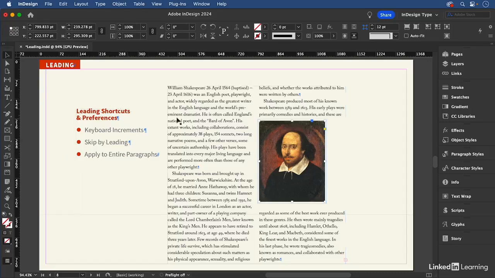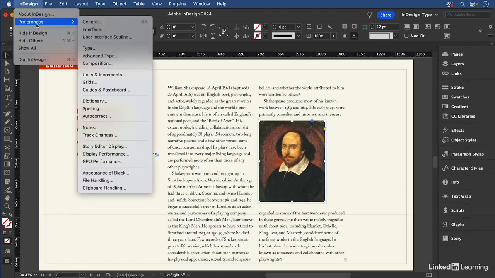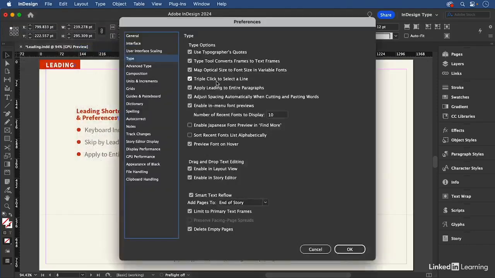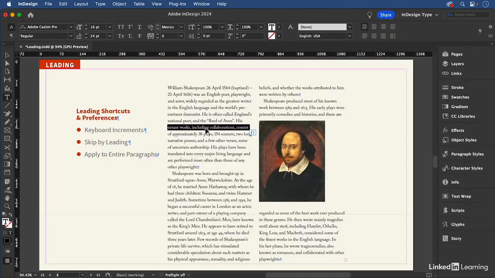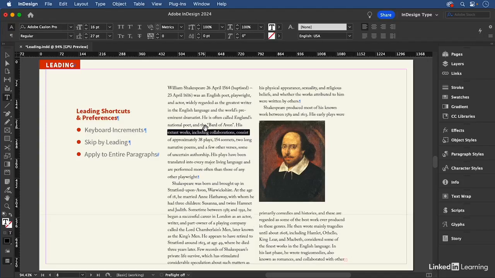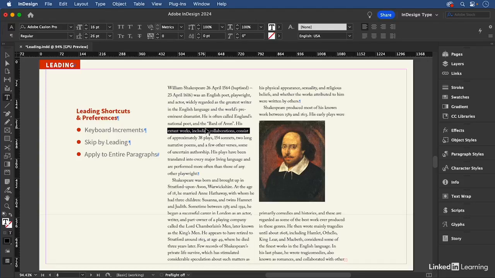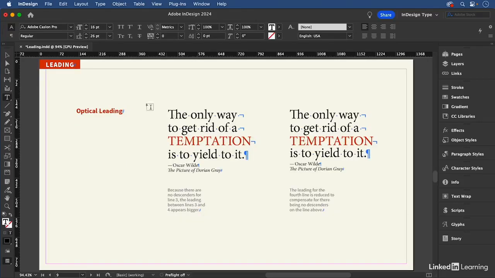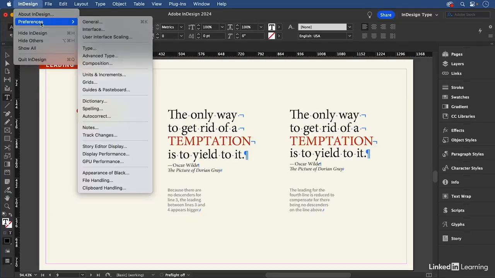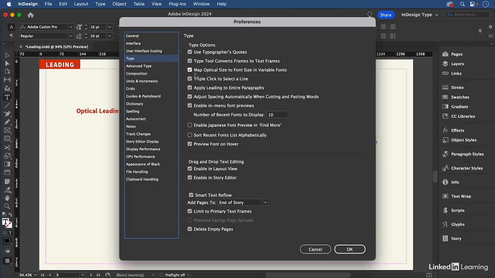But if you were to turn on this preference, apply leading to entire paragraphs, already turned on, that means that if I increase the leading on this one line, it's going to affect the whole paragraph, not just that line. So why would you not want to use that all the time? Well, here's a case when you might not want to use that. So I now need to come and turn that preference off,